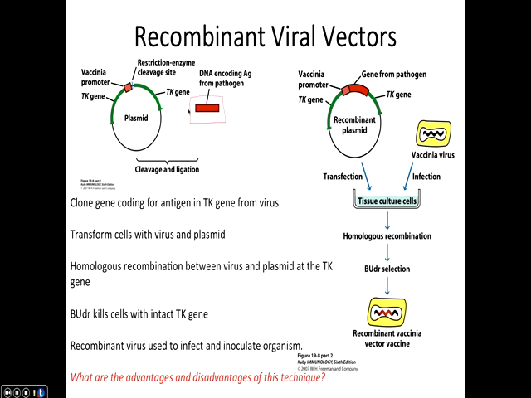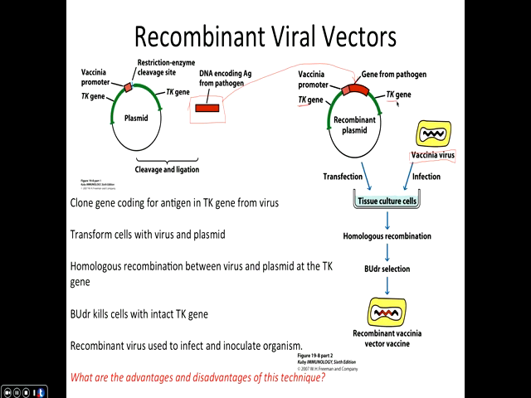So in this particular case, you're going to do the same thing, though. You're going to clone a particular gene for an antigen, and you get it into a plasmid. In this particular case, we're going to use the vaccinia virus as our host. Now, the vaccinia virus is pathogenic, so you don't want to give somebody a live vaccinia virus. So you have to come up with a technique to create a recombinant vaccinia virus. In this particular case, it's an interesting idea, which is you take that gene and put it into a plasmid, and you insert it into this TK gene.